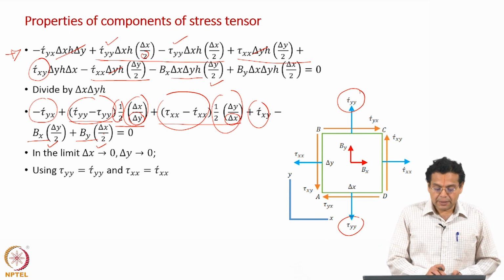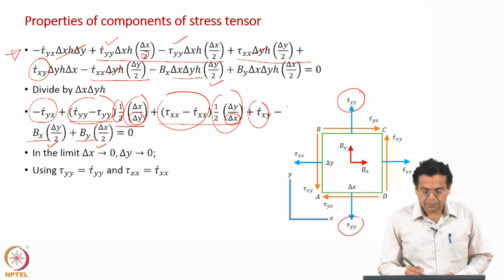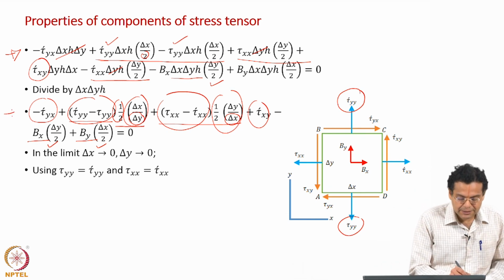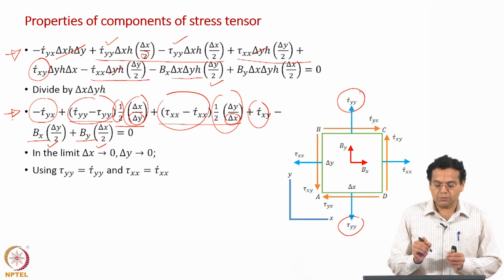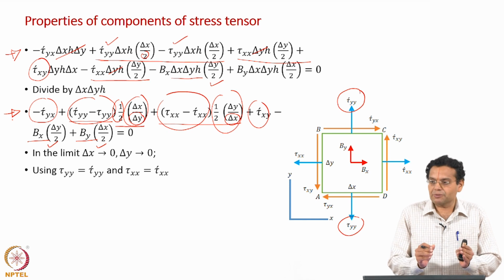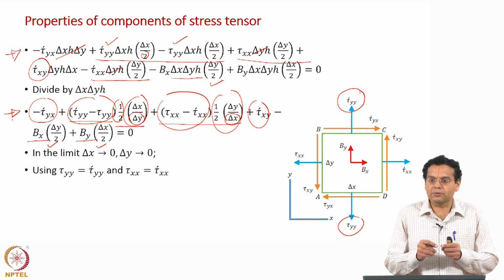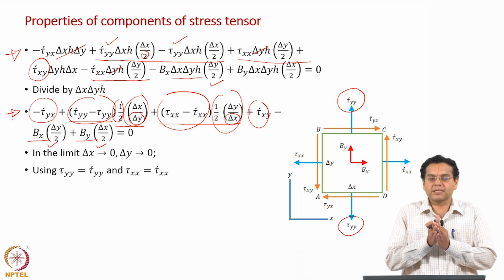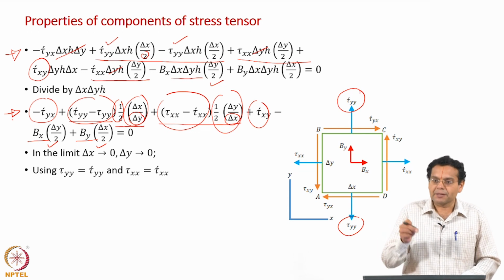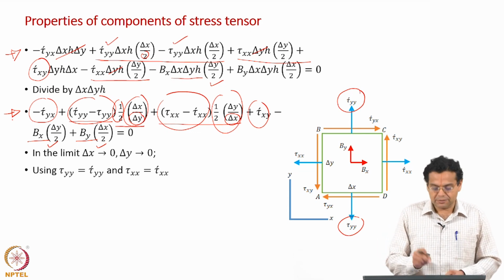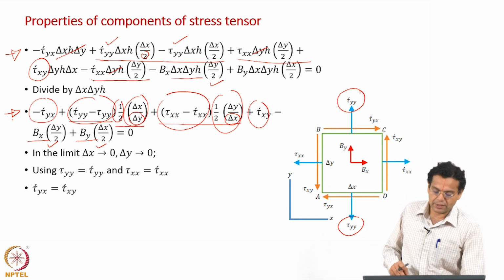Okay. Remember, this expression can be used only in the limit. Remember, when I wrote this equation, I had not used tau dash y y equal to tau y y. The reason is that it is an average value. When I take the limit delta x delta y tending to 0, it becomes a point value, and we have proved that on the opposite side of the face, normal stresses are equal and opposite. So only when you take that limit does it become equal and you use that result. Okay. So now all the terms vanish, resulting in tau dash y x is equal to